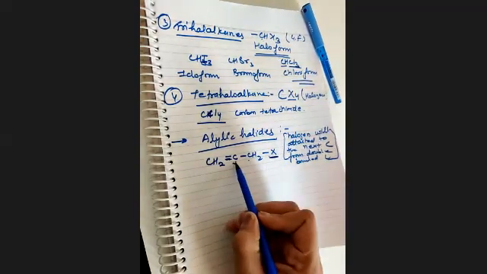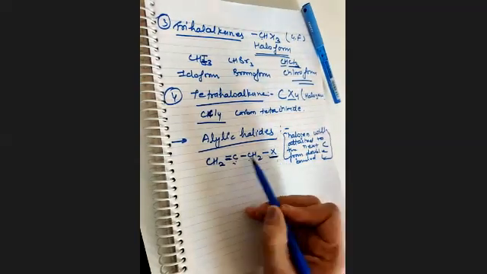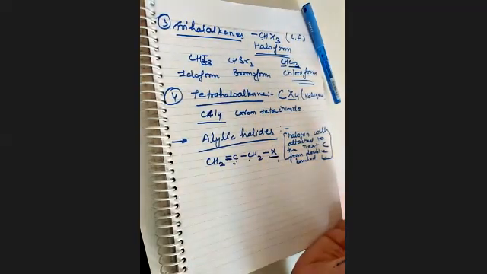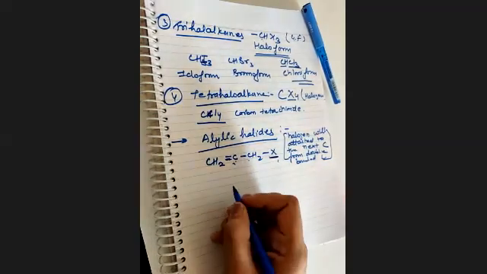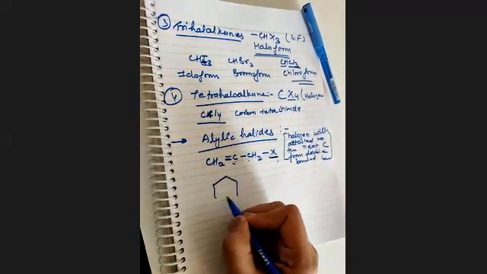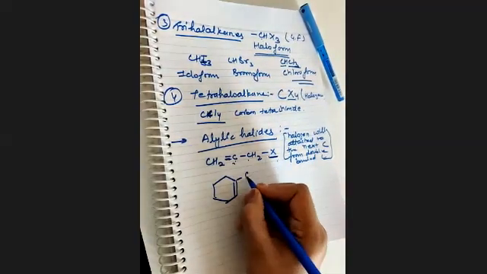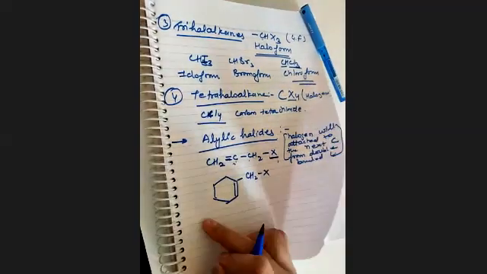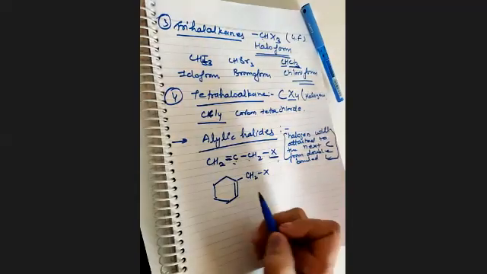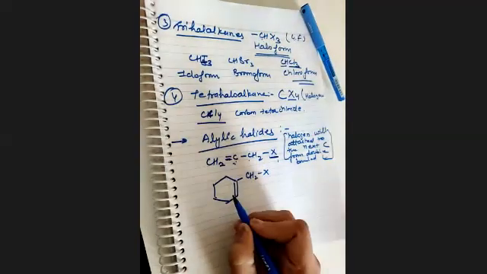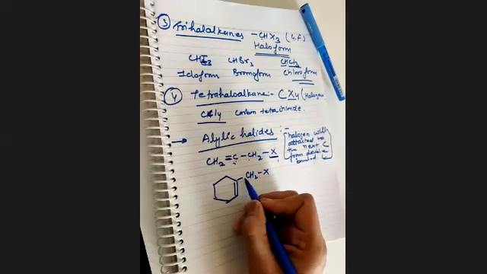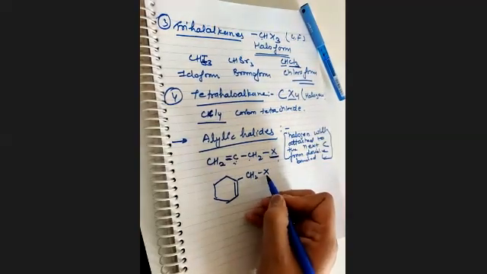Okay, here there is a double bond, so you attach the halogen to the next carbon, and then you name it allylic halide. Okay, let me give you one more example in a cyclic compound. So let me take this, CH2X. This is also an allylic halide. See, this is the carbon, this is the carbon, and CH2 is here where X is attached.